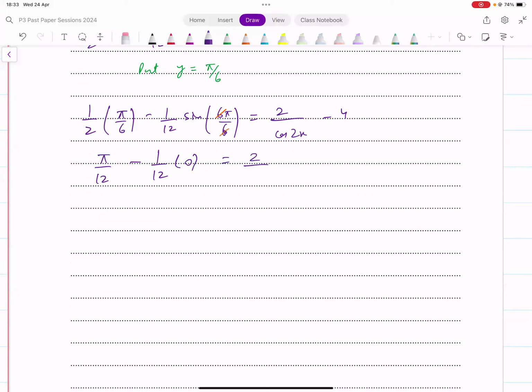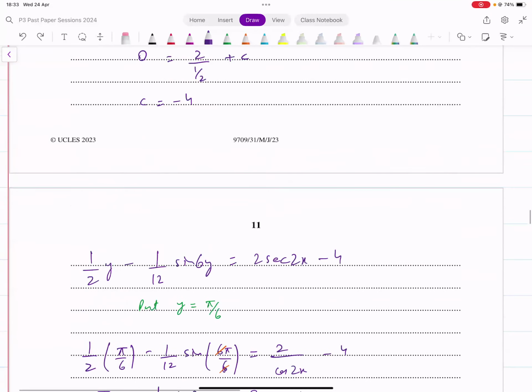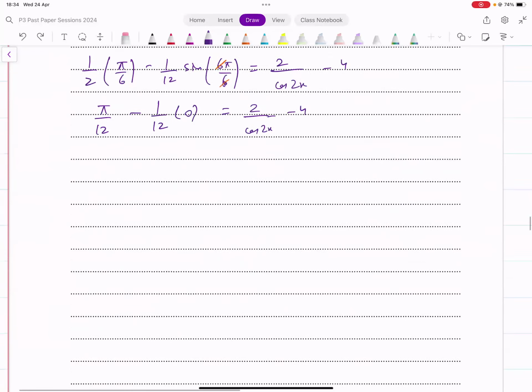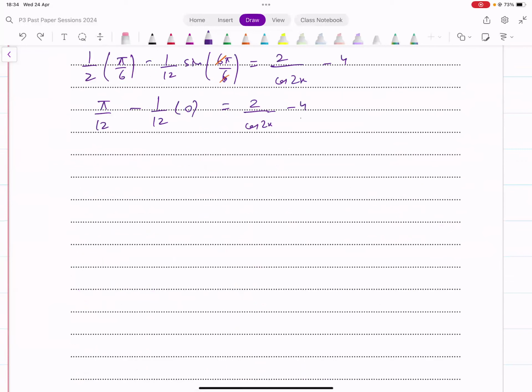On the right side, we've got 2 over cos of 2x minus 4. Now it's a trigonometric equation that we need to solve. This becomes 0. Let's take 4 to the other side. Do we need an exact answer at the end? No, we need an answer to correct 3 decimal places. Okay. So 4 goes to the other side. What is that going to become? 2 over cos of 2x. When 4 goes to the other side, that gives us pi over 12 plus 4, and that is